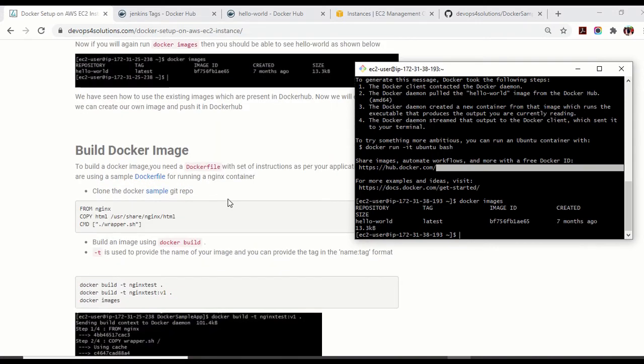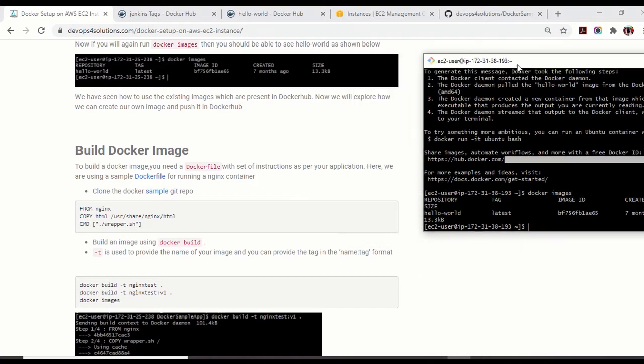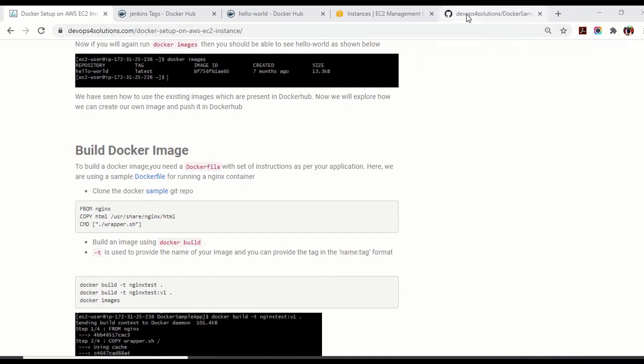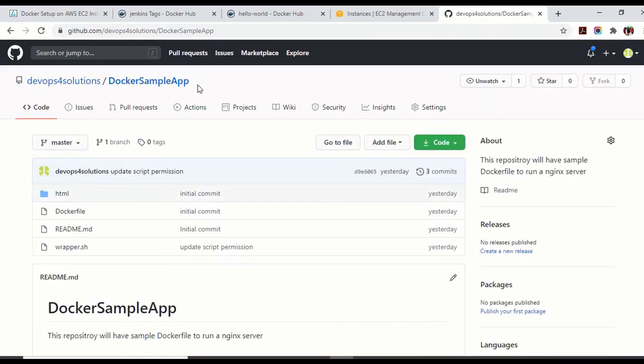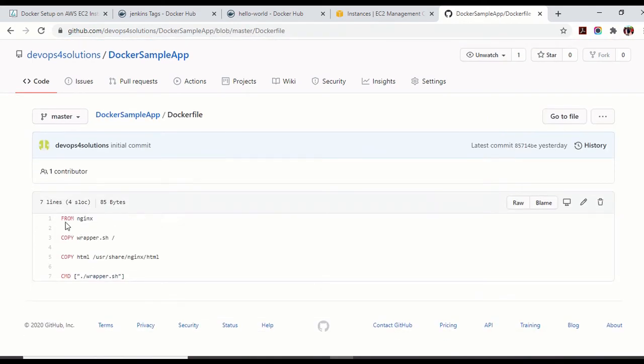For that, you need a Dockerfile, with a set of instructions as per your application. Here I am just taking an example. I have created this repo, docker-sample-app, and this is my Dockerfile. I am using the Nginx container, like the Nginx service.